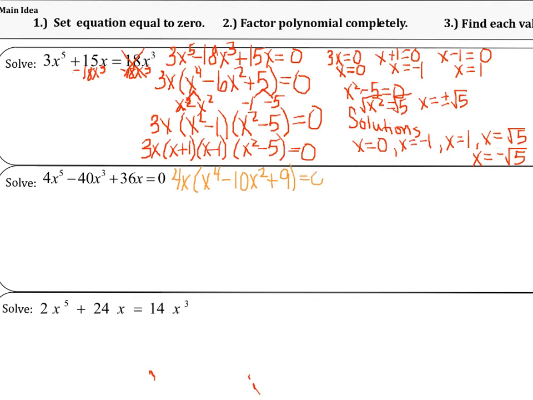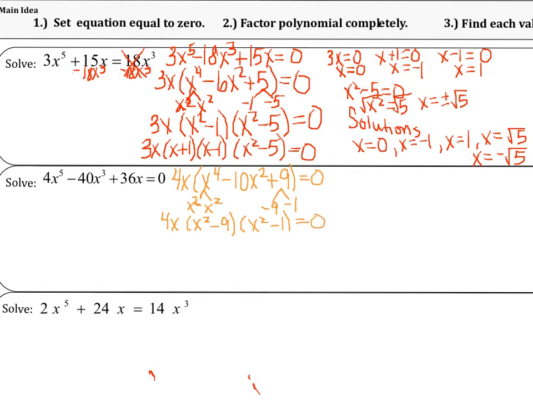And this is just like the previous one, where even though the first one's x to the 4th, I can think of that as x squared times x squared. And I can think, what can multiply to give me 9 that adds up to negative 10? Well, that'd be negative 9 and negative 1. So this really factors into 4x times the quantity x squared minus 9 times the quantity x squared minus 1